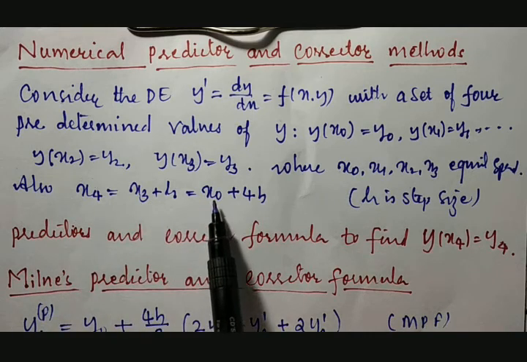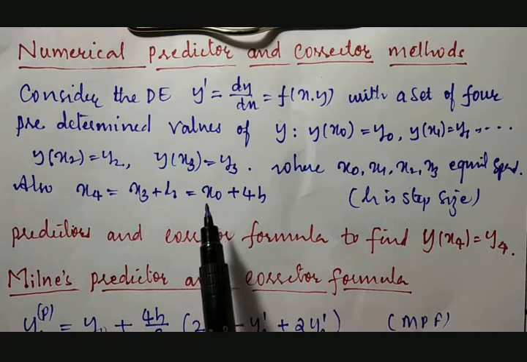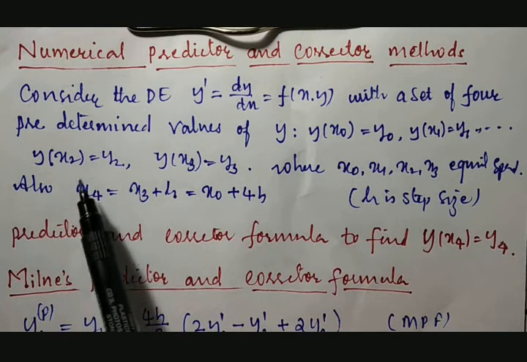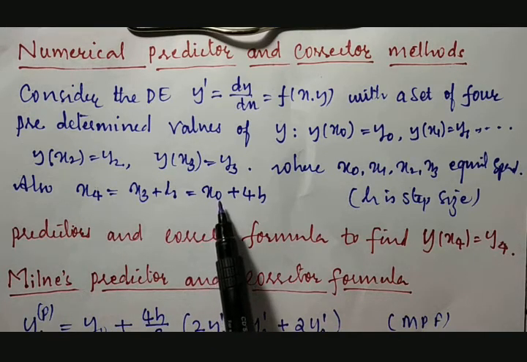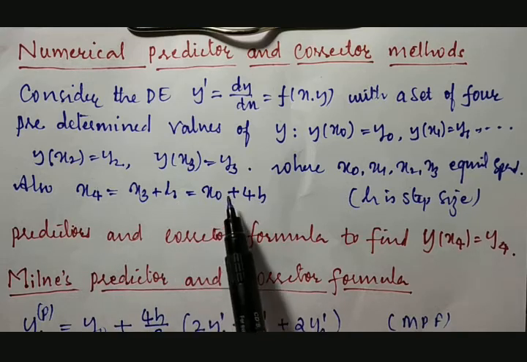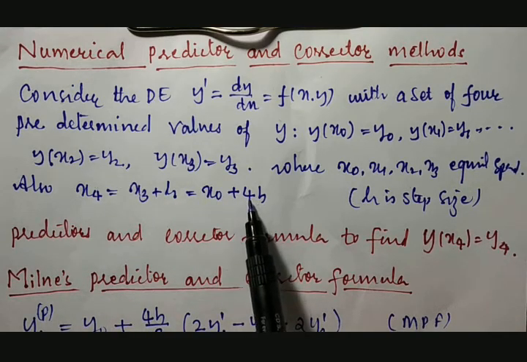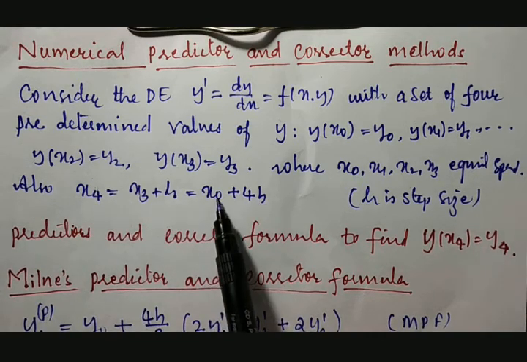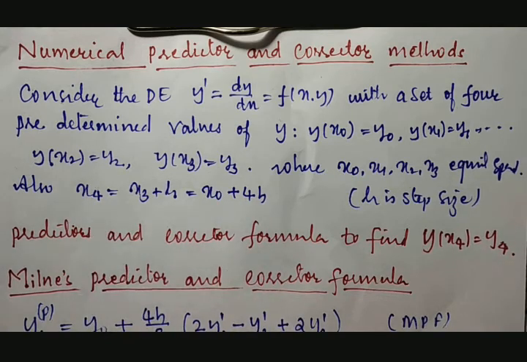But what we do here, everything we start with x0, meaning the initial value of x. So x3 plus h is x4, that is correct. But we want this in terms of x0 plus something. So x0 plus 1h will be x1, x0 plus 2h will be x2, x0 plus 3 times h will be x3, then x0 plus 4 times h will be x4. Means x0 plus 4h is x4. Then what is h here? h is nothing but a step length or step size.